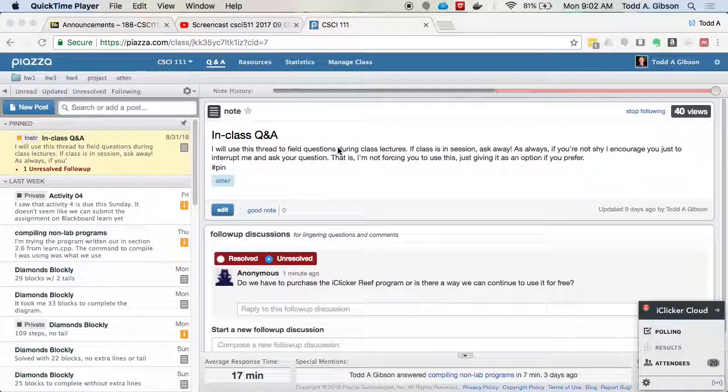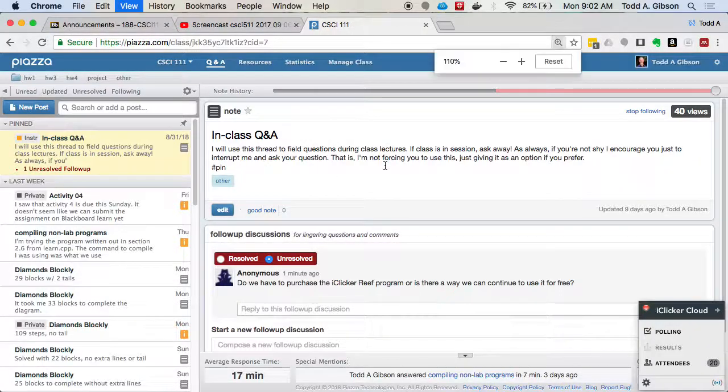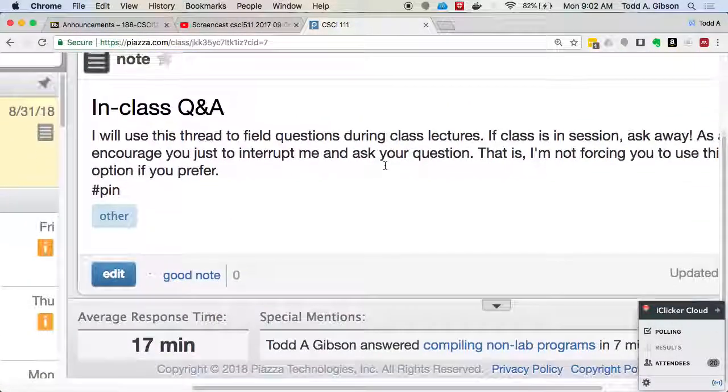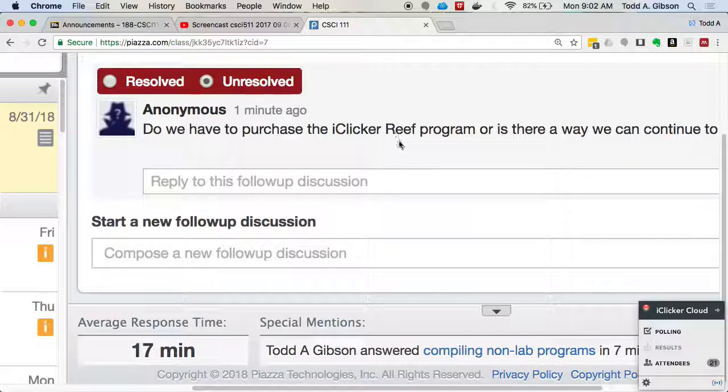I'll start off with this question here in Piazza, which is, do we have to purchase the iClicker Reef? No, if you follow the directions